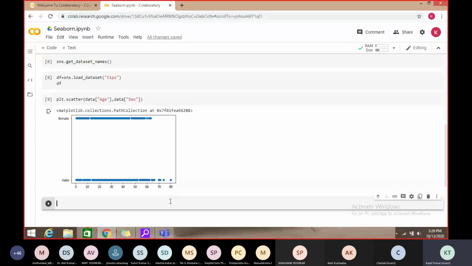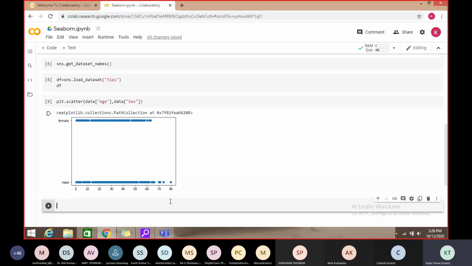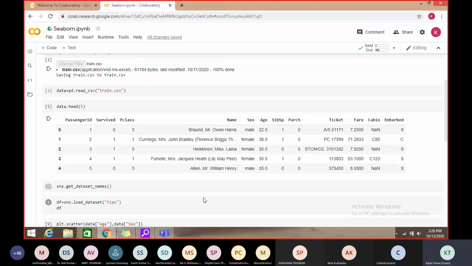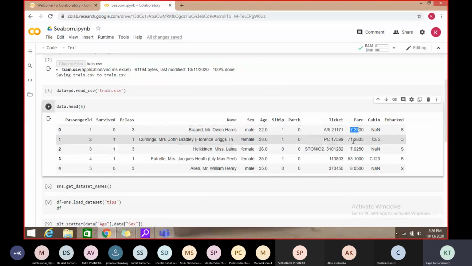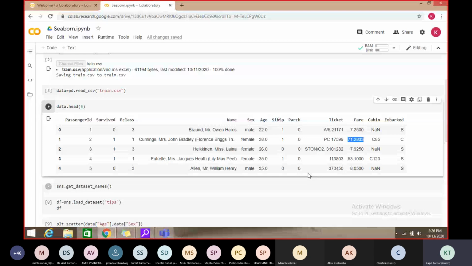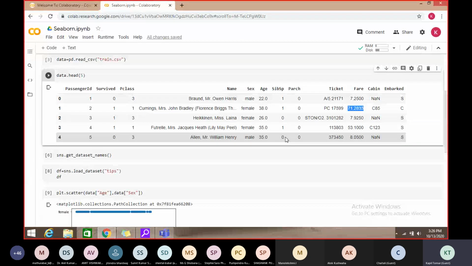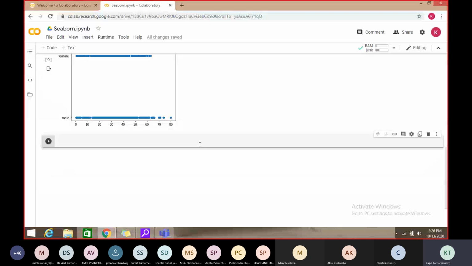So if we want to detect the outlier from any other column, say fare, where it is 7.2 and it is 71, then we can detect the outlier with the help of a box plot graph, right? Then we can go with the next one.